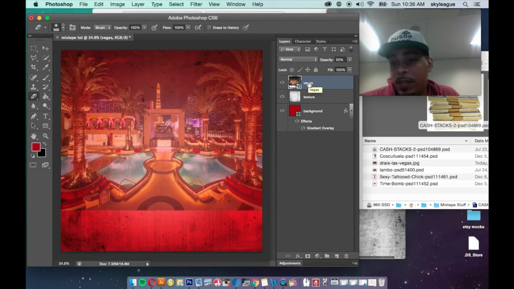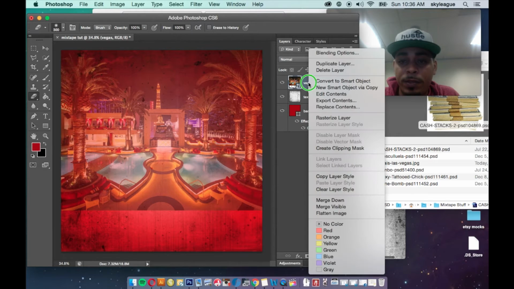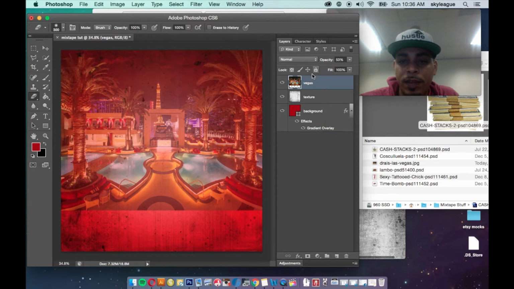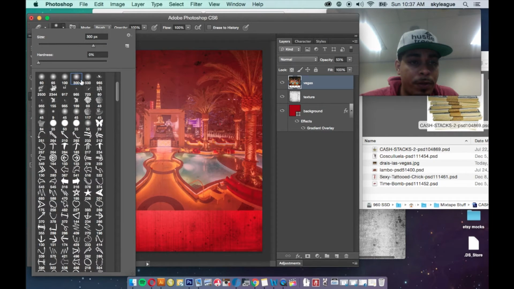So to change it from being a smart image to a regular image, we're going to right click on it and select rasterize layer. Rasterize layer. And that makes it editable and a normal image. So now you'll notice I have the circle here so I can erase. So I went ahead and went to my eraser. You can choose your eraser up here. I just went with a circular eraser. It has like a soft texture on the outside of it. It's not like a hard eraser where it's just a straight up circle. You'll have that by default when you get Photoshop. So do that,